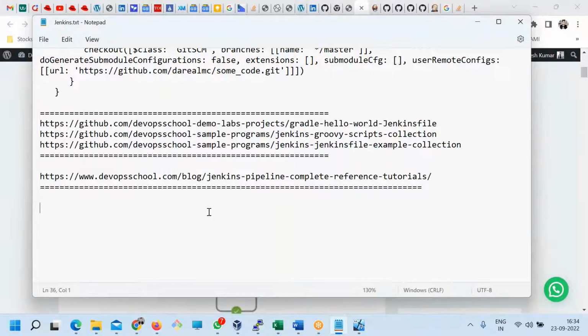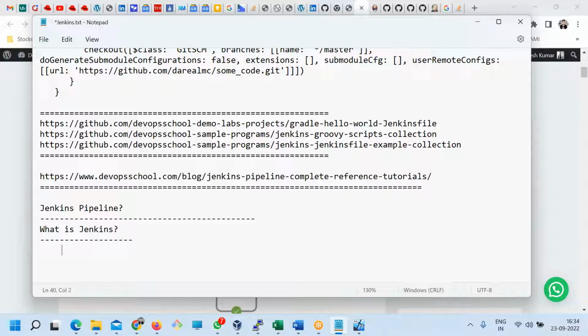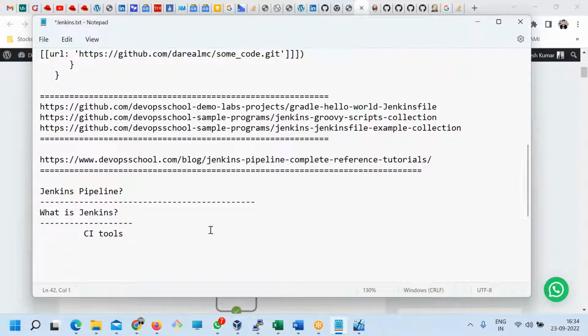Okay, so primarily today we are focusing on Jenkins pipeline, right? Please feel free to ask any questions, interrupt me in between, and we'll get started. So here, the first thing, what is Jenkins? We all understand that, I don't have to tell you. It's a CI tool. Now, when we say CI, that means we are going to use